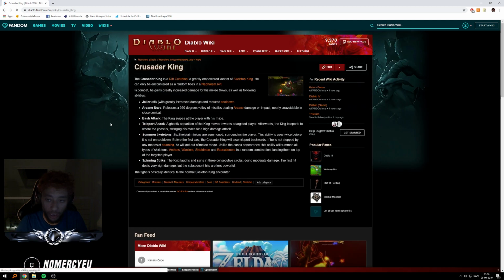Then we have Crusader King. Crusader King is another great boss. What we do is we wait till he has spawned all his adds, and when all his adds are spawned, it's usually 2 or 3 summonings at times, and it's usually, I think, 13 skeletons he can have. We TP him away, and